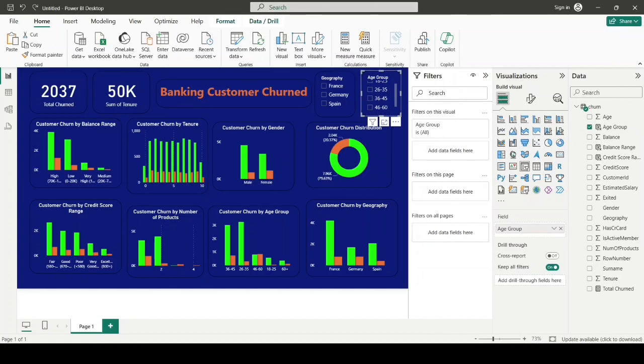Alright, the reason we are using slicer to interconnect all the charts in the dashboard is so that when we select one value, like a specific country, gender or age group,